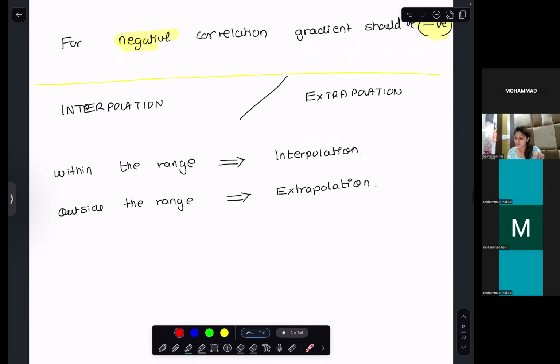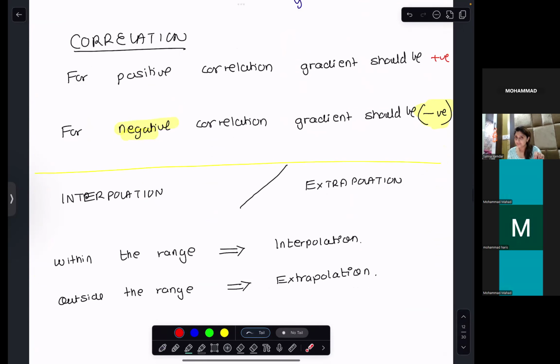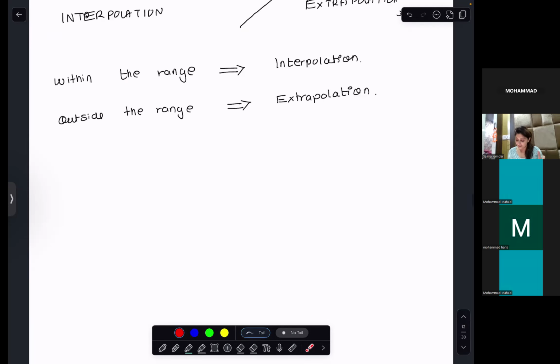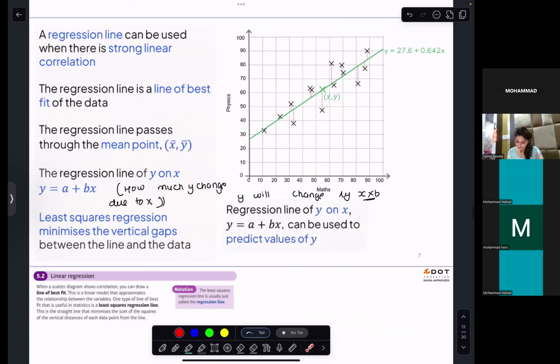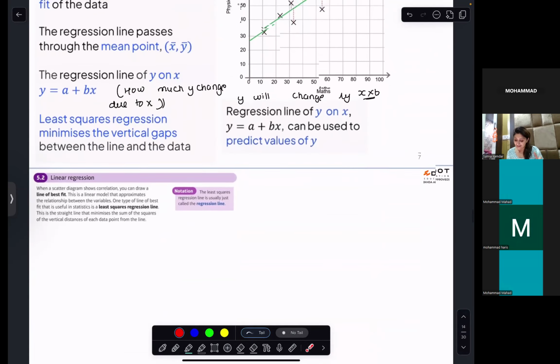For positive correlation, our gradient should be positive. For negative correlation, it should be negative. If our data is within the range, then it is interpolation. If it is outside the range, then it is